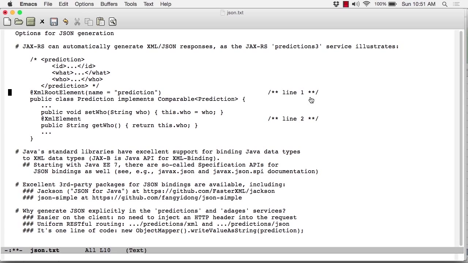In this lesson, we're going to review options for generating JSON responses in RESTful services. I'm going to use the predictions 3 service, which is written in JAX-RS, for illustration. You're looking at the working file